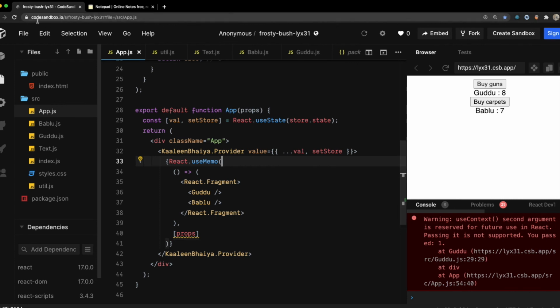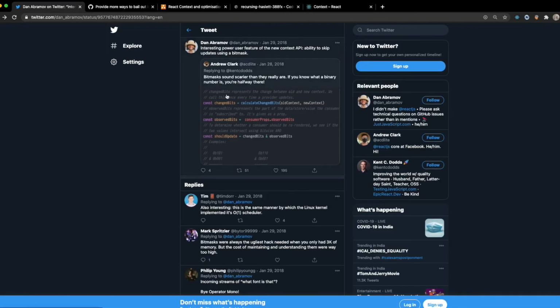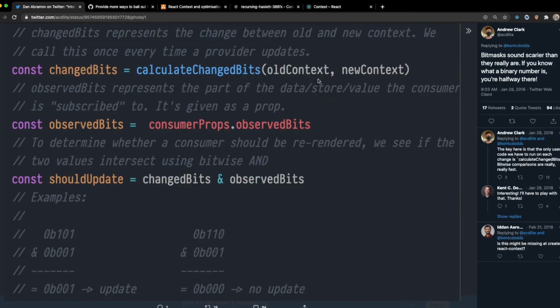Again, let's hope you guys had fun understanding this. I'm going to minimize this and let's read this over here, right? He had tweeted. Dan Abramov is a core team member of React, and he's the author of Redux. So this is a tweet by him that this is the changed bits. This is the function that we had passed to the second parameter of createContext.